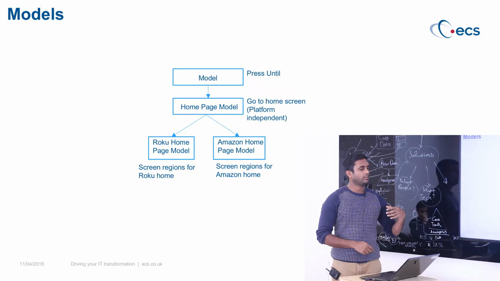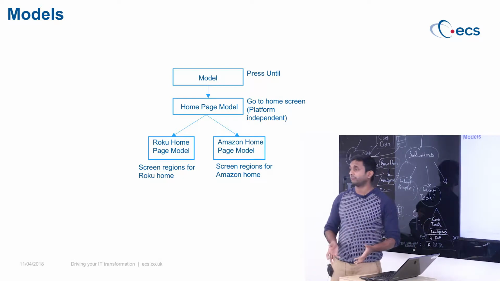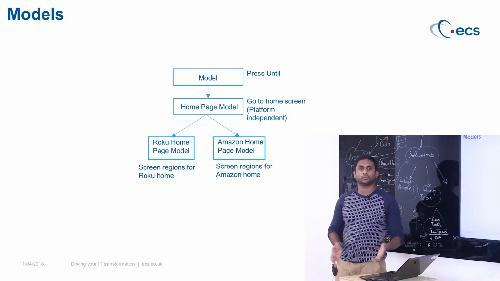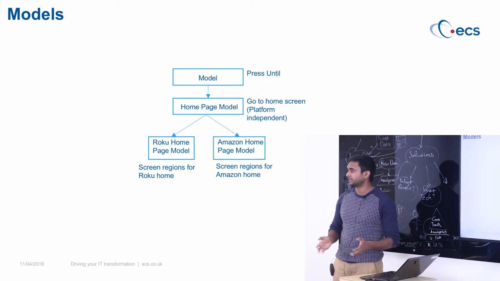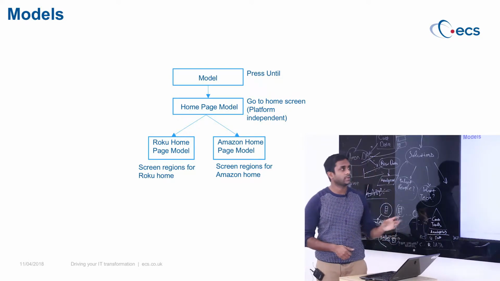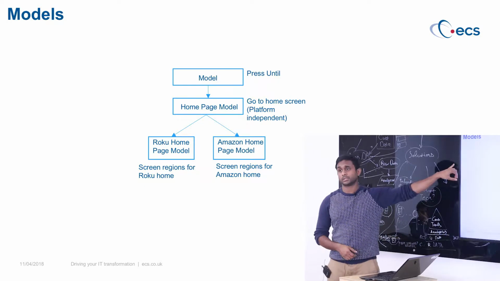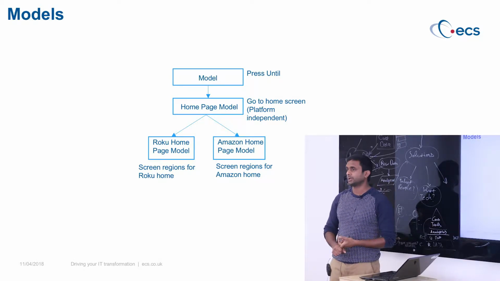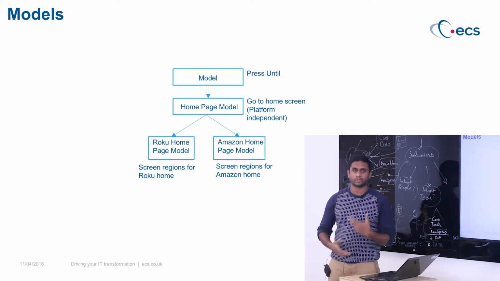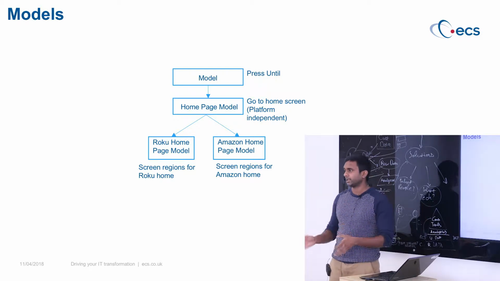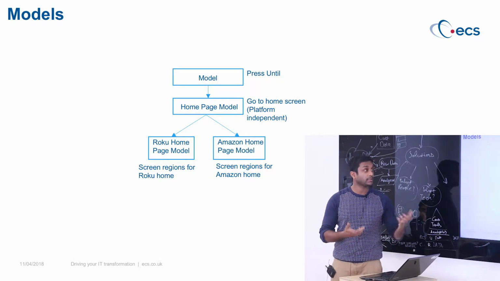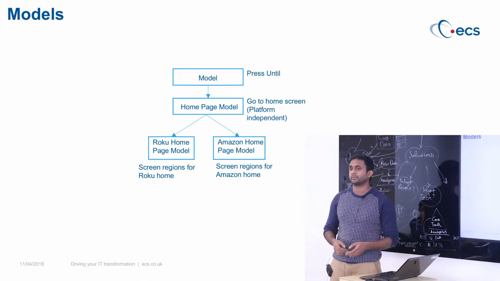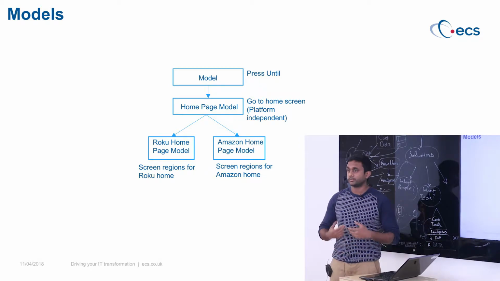So we tried to make our solution platform independent to meet what Channel 4 is trying to do, which is to test on multiple devices. So we basically adopted the page object model, and I'll go into the code as to how this works essentially, but we have a model class, and that model class will contain our generic actions. So like pressing a key, taking a screenshot, verifying some text on the screen, that sort of thing. Then for each page, we then have a page that inherits from the model class, and that will do more specific things like go to the home screen or select an asset or something like that, which make use of the